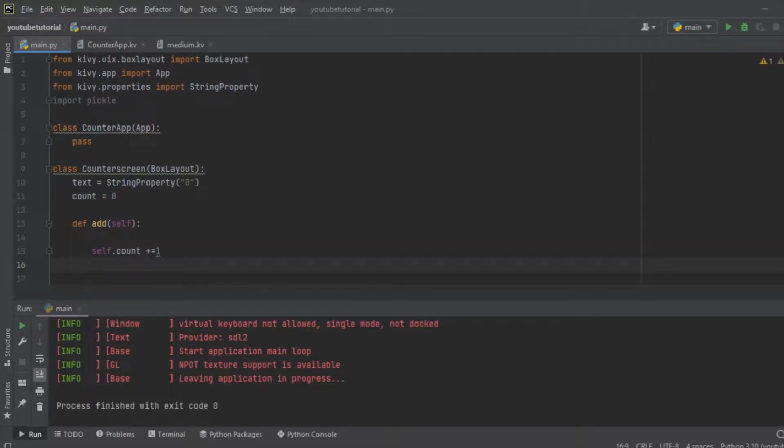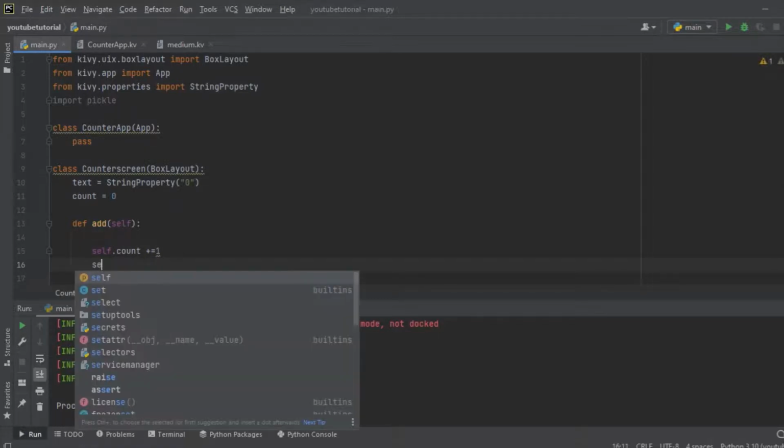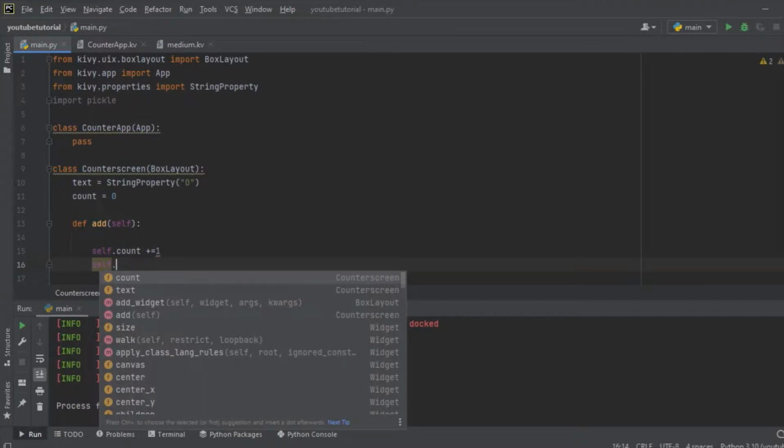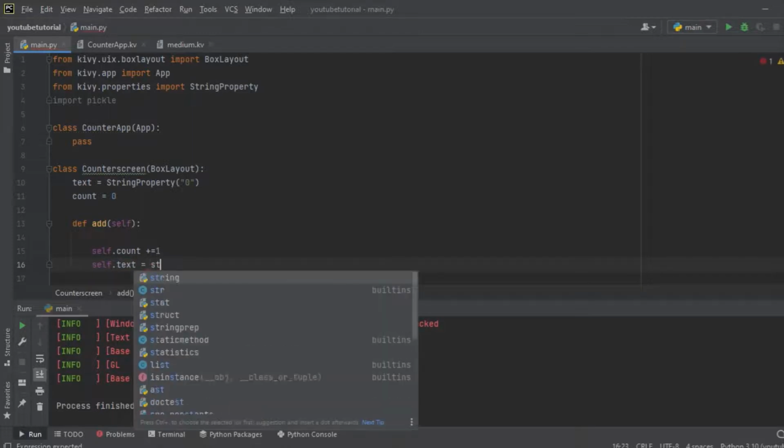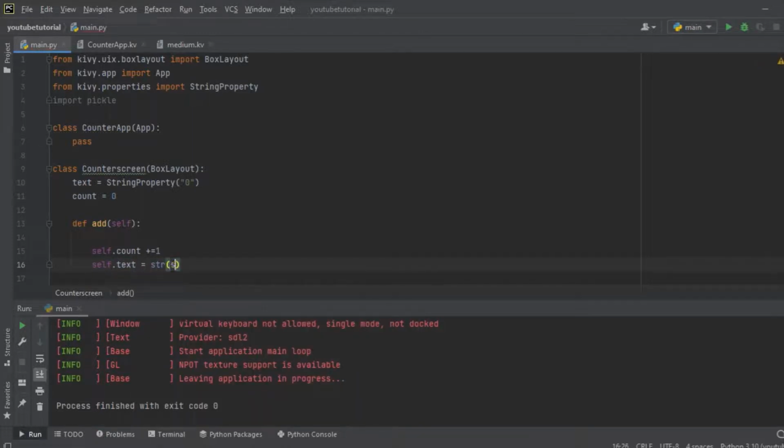Then that means that if we click on the plus sign, that value, this string property will increase by +1. That text, I mean, will increase by +1. So then we're going to say self dot text equal to str dot